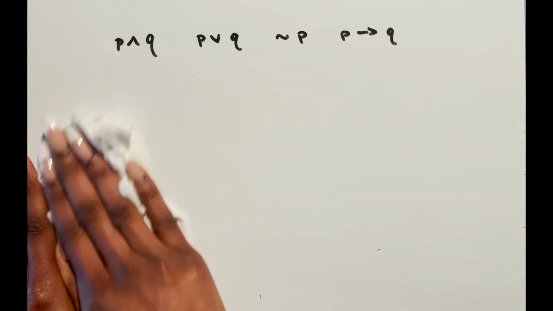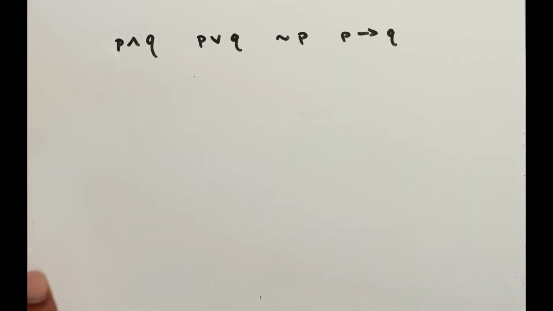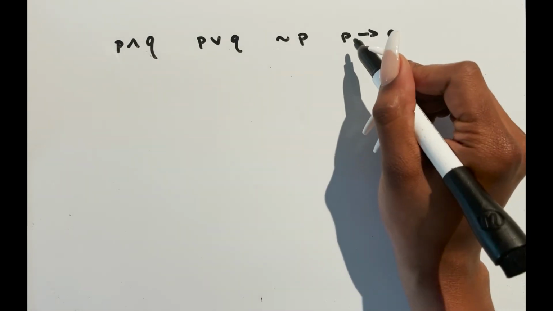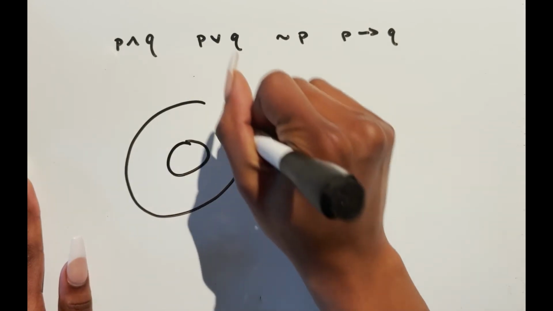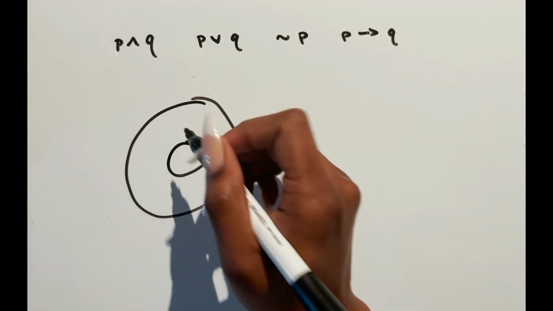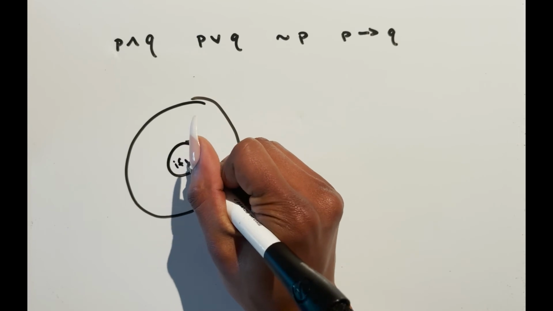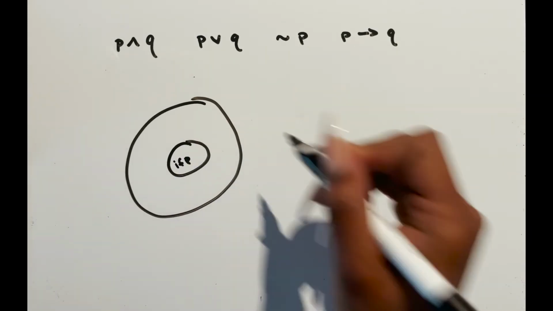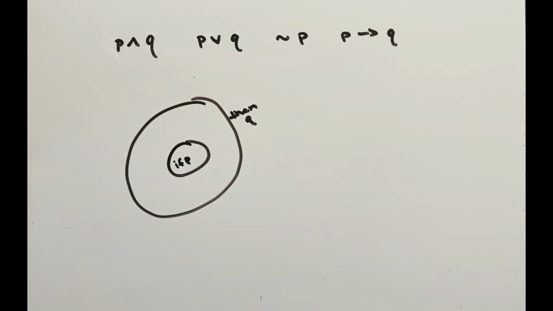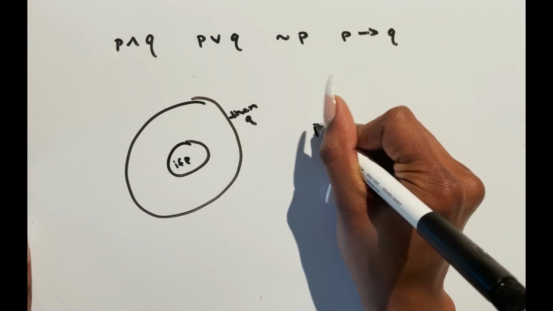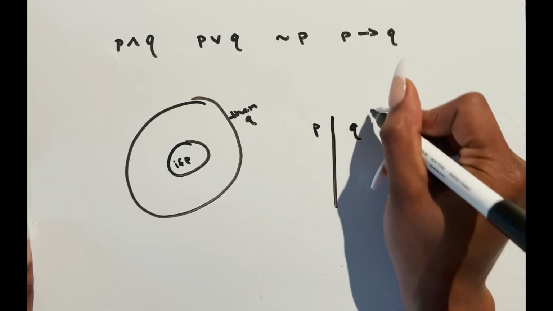Now, let's move on to our last statement. It is a conditional statement. The conditional statement, if P, then Q, is represented by an arrow from P to Q. And its diagram looks a little different. Now, if P is represented by our smaller circle, then Q is represented by our bigger circle. Now, writing out its truth table, we'll get